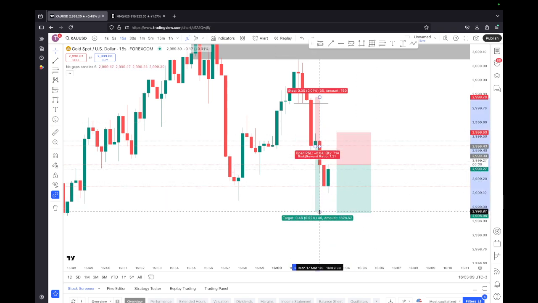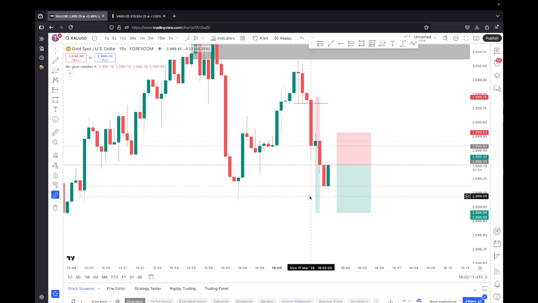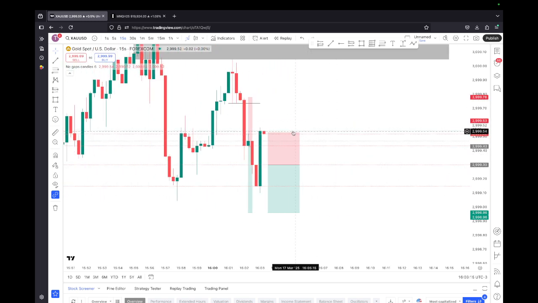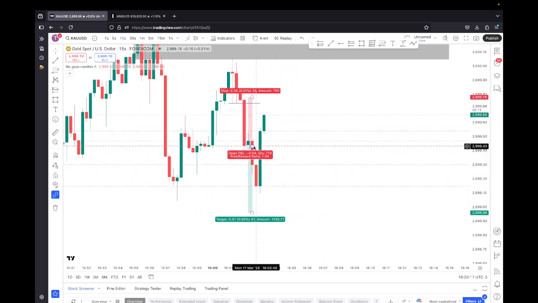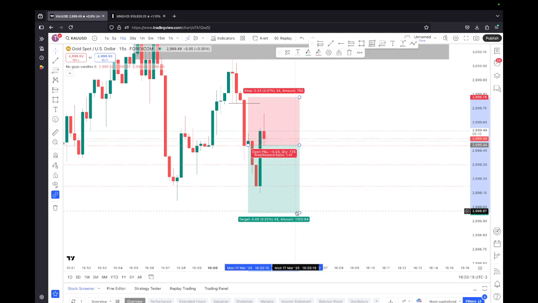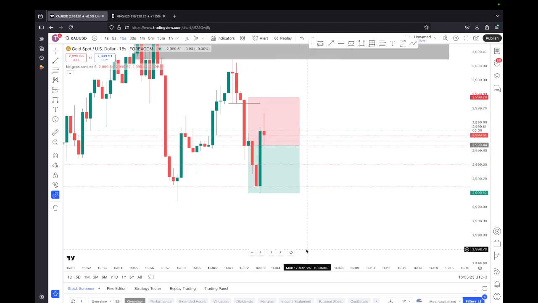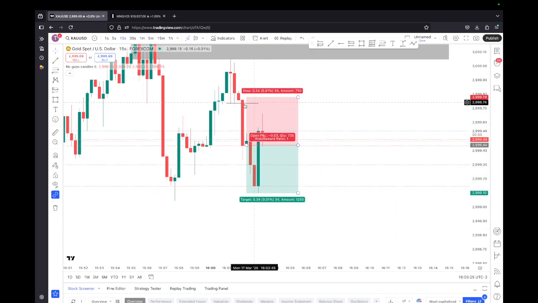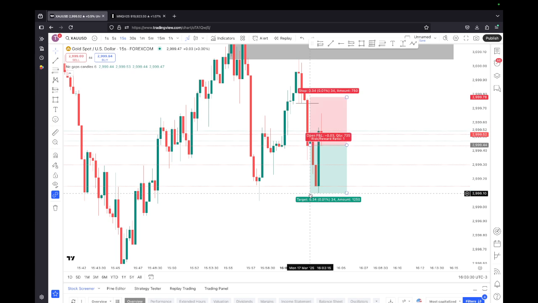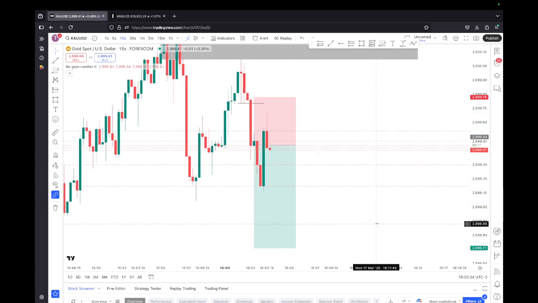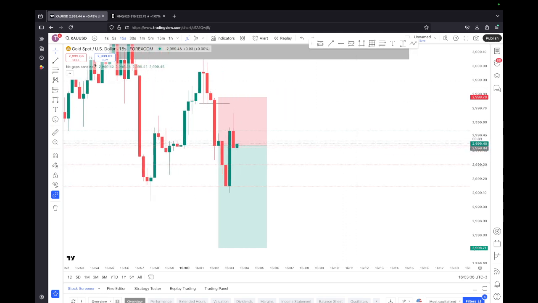This is essentially how I make my entries. It's going to be slightly confusing, but this one would have actually been stop loss, and I don't know if this one would have been take profits, probably. So that one would have been stop loss, but the first one would have been take profit for sure. And I still feel like I would want to take this down further to like a 1:2. So what you want to do is